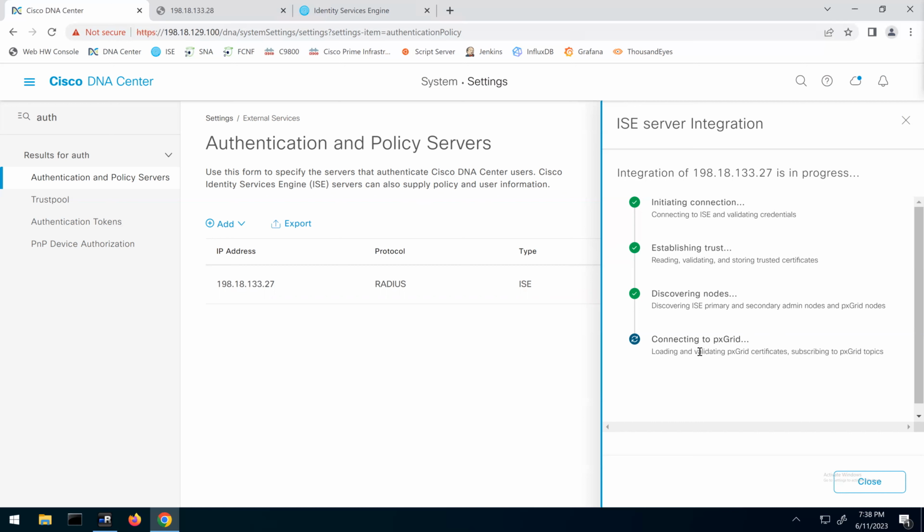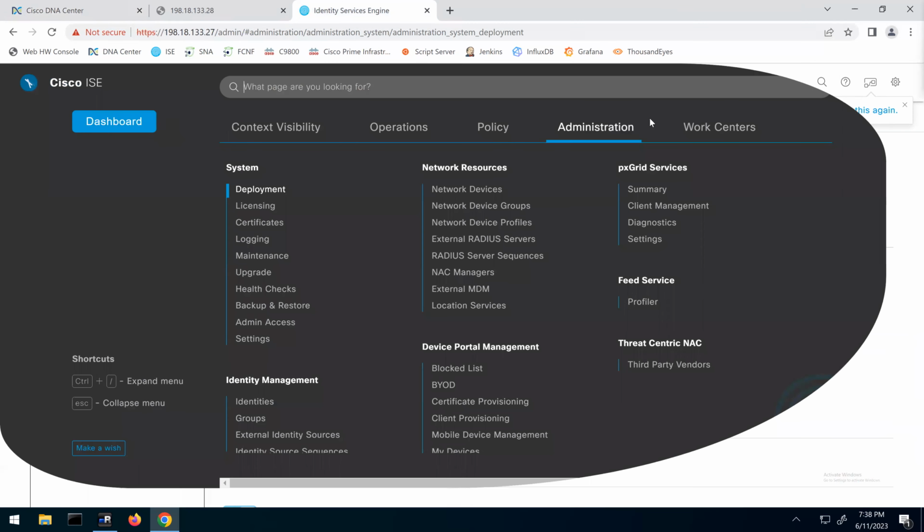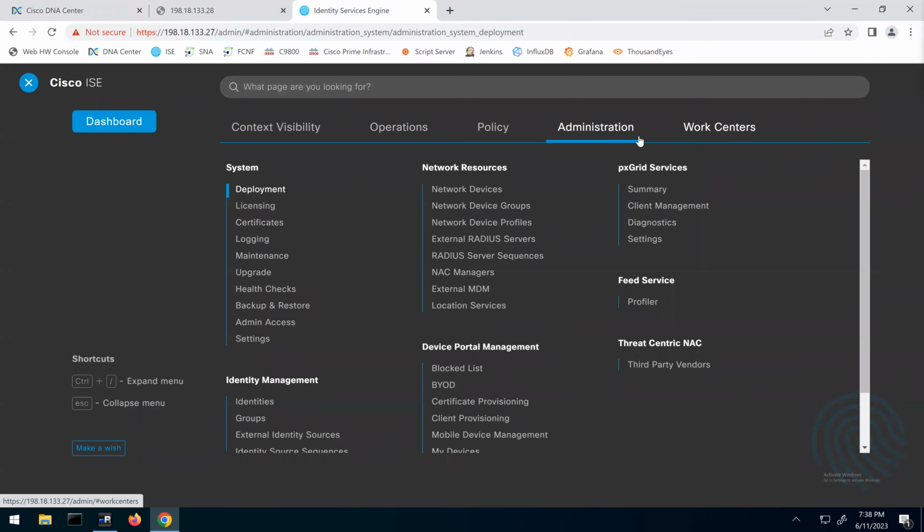Connecting to Pixgrid, loading and validating Pixgrid certificates, subscriptions, and the Pixgrid topics. It should also load. Meanwhile, you can go to the ISE back here. And if you go to dashboard and then work center, I think in administration itself, I can see Pixgrid services. If you go to the summary,